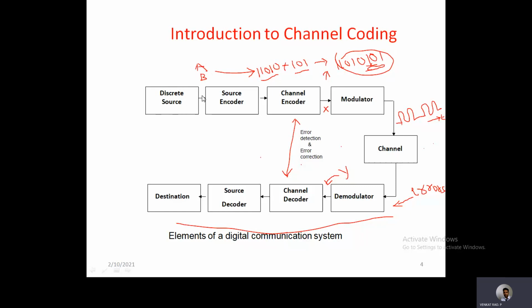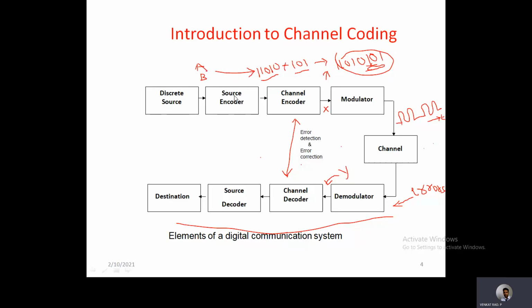So let us assume some symbols are generated from the source, and that is applied to the source encoder. The purpose of the source encoder is to assign some group of bits to each and every symbol coming from this discrete source or from your mobile phone. In the message you send, you clearly observe that the message contains a number of symbols. Each symbol is separately encoded with some group of bits. And finally, for the entire message, there will be a sequence of bits obtained after the source encoder.